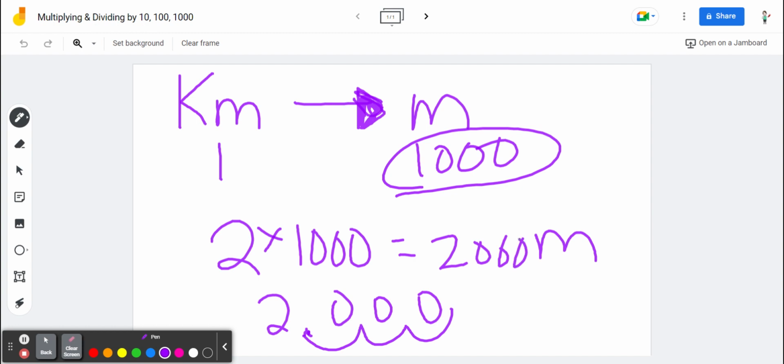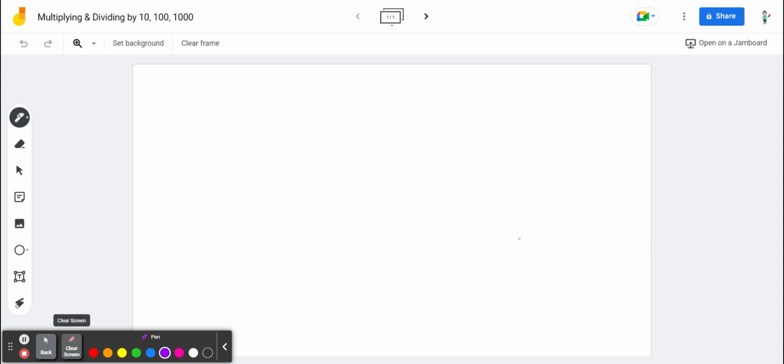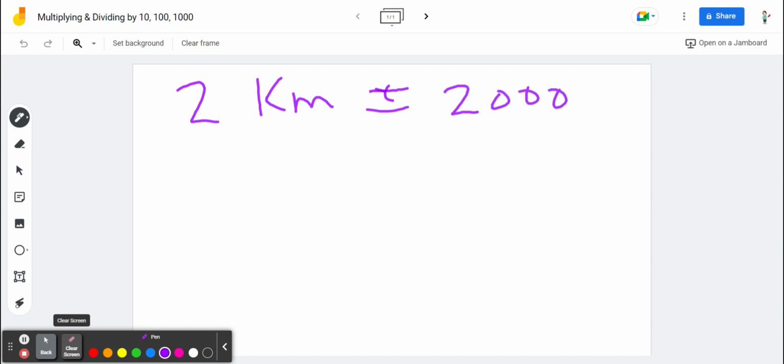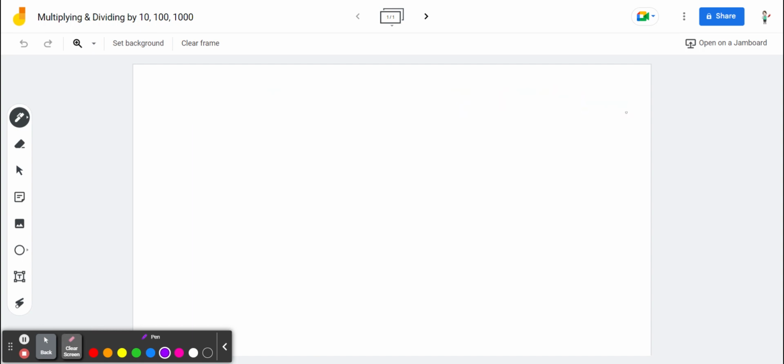So it's 2,000. Most of the time, when it's just a number like 2 kilometers to meters, you're going to say to yourself, well, I know 1 kilometer is 1,000. So 2 kilometers would be 2,000. You're not going to do a lot of fancy stuff. But in the older grades and in these junior grades, like grade 5 and 6, you're going to be working with things like